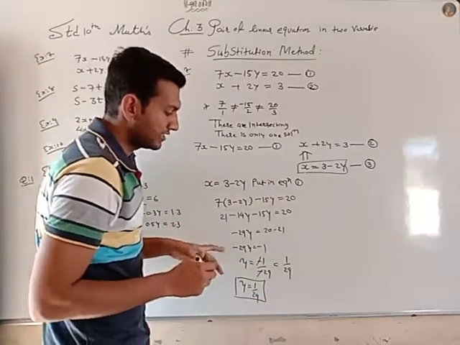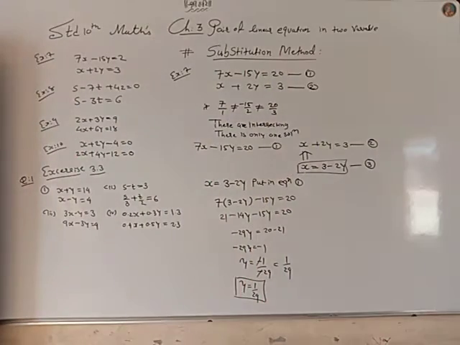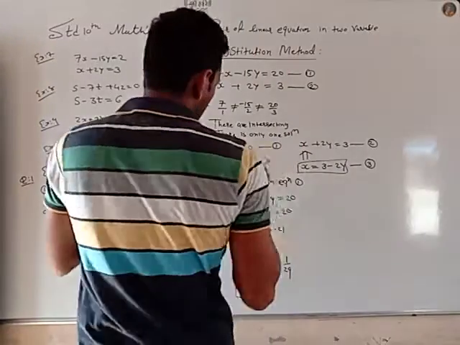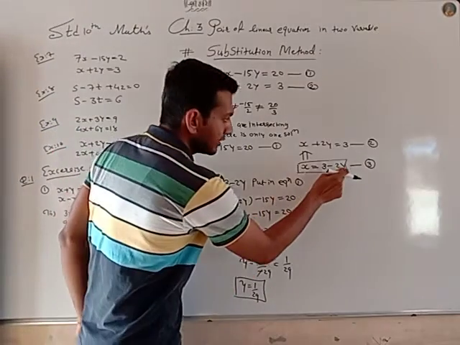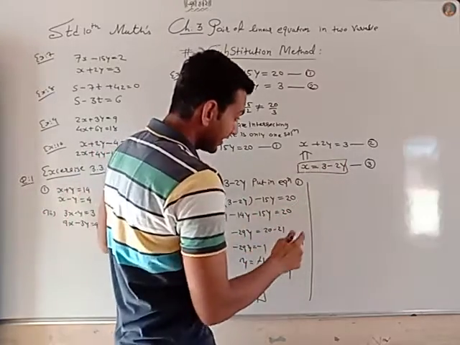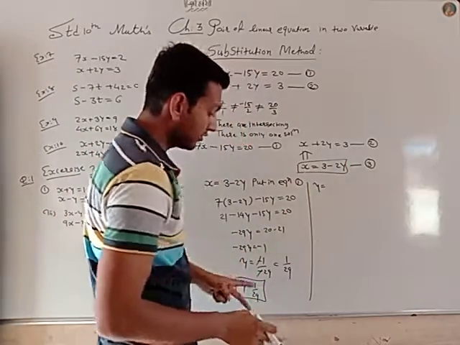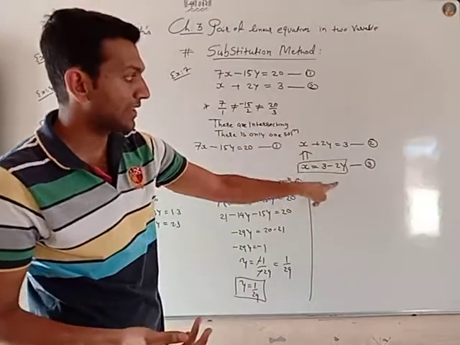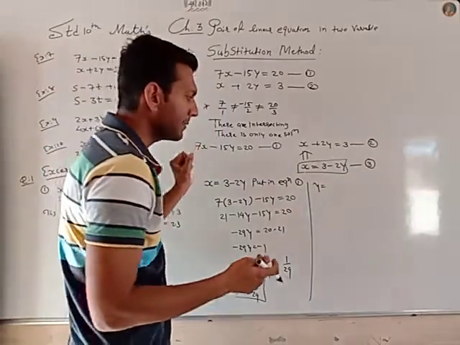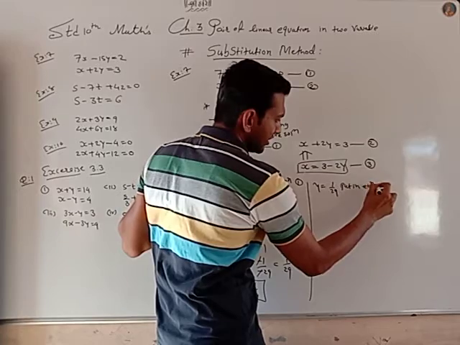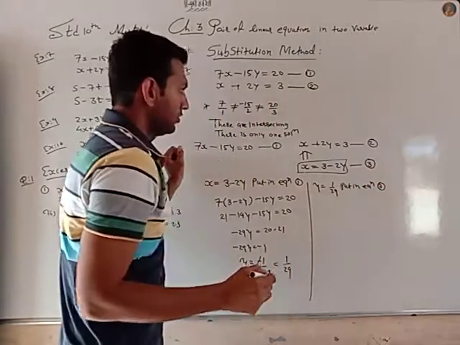Okay, let's check once again. I got y is equal to 1 upon 29. Put in equation number 3. Now you have another choice. You can put y is equal to 1 upon 29 in 1, 2 or 3, but 3 is the easiest way. So put y is equal to 1 upon 29 in equation number 3. You get